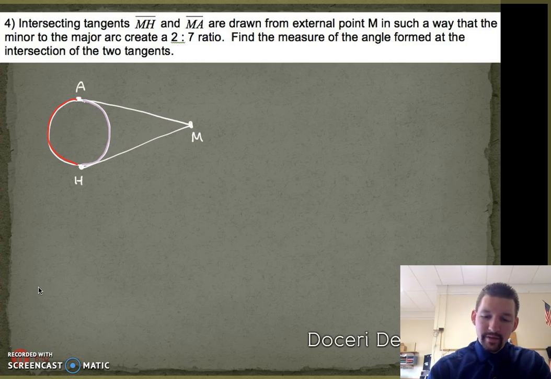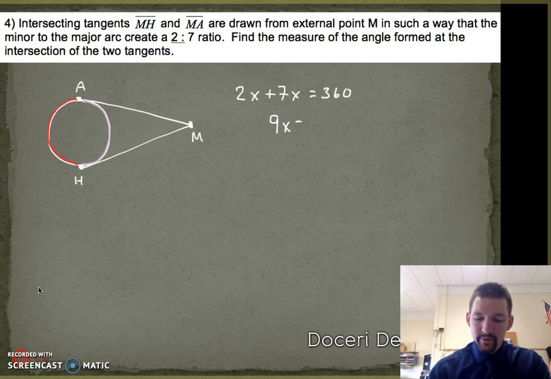So that means that 2x plus 7x gives you the whole circle, which is 360 degrees. That means 9x equals 360. And when we divide, we end up with x equals